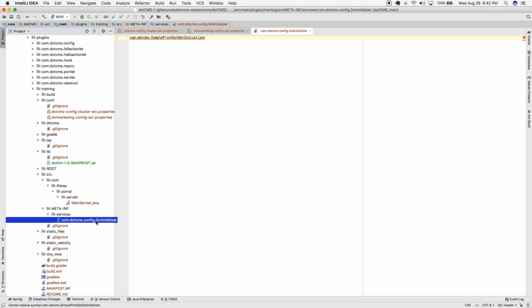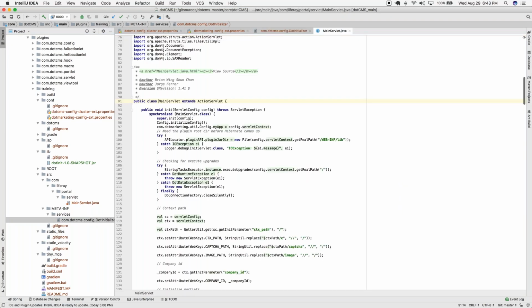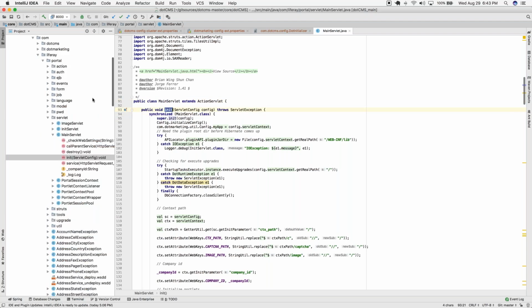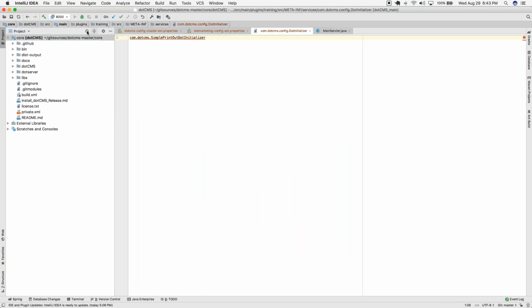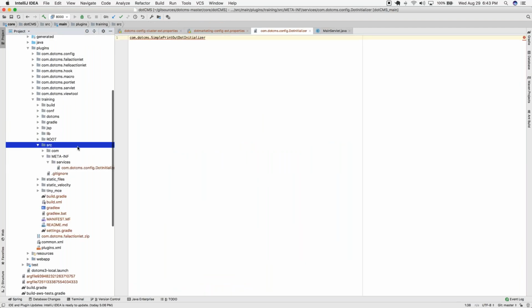We will see this example, but I would like to show you another thing in the meantime. If you go to dotCMS, there is a servlet called MainServlet. This is one of the main classes in dotCMS, and it has an init. You can just go to the source, this is the real source, copy this class, and go to the source in our training plugin, right? In our training plugin,